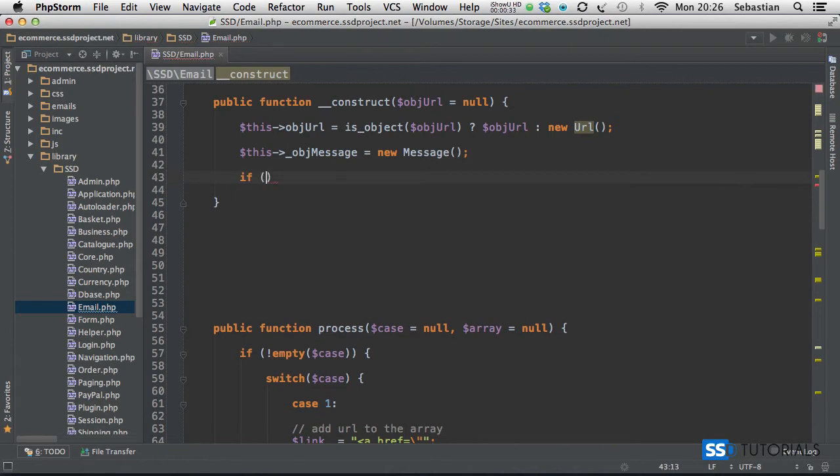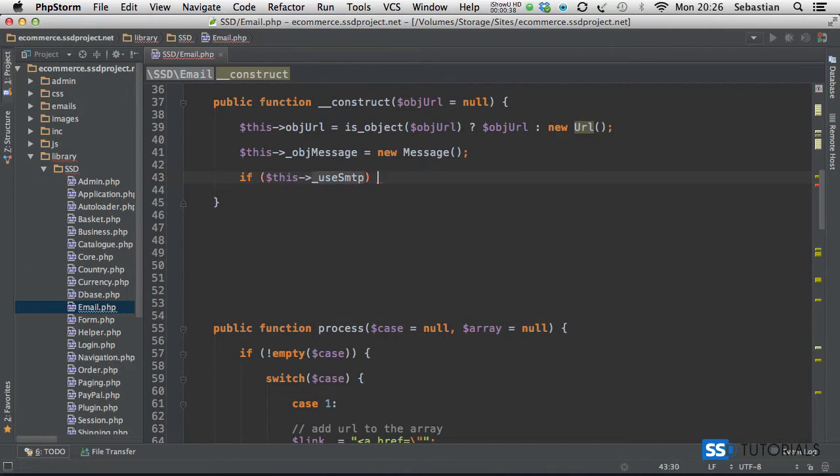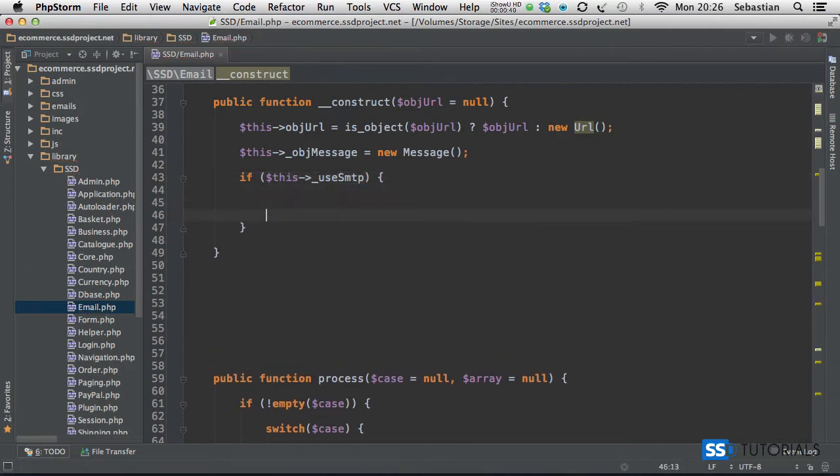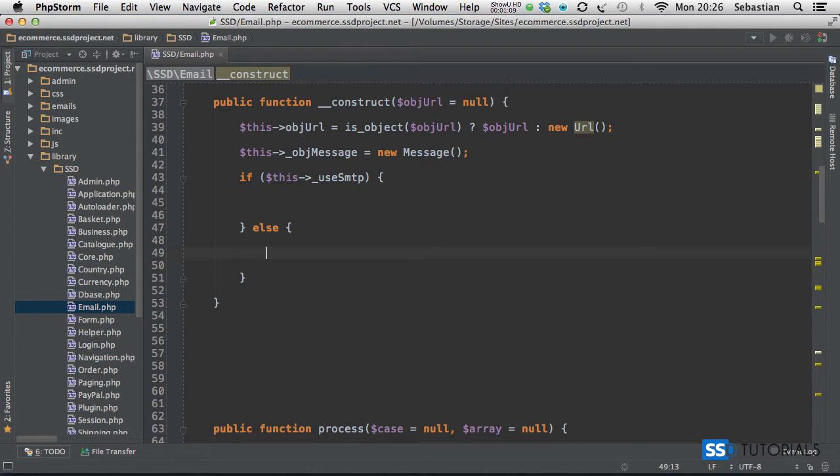And now we check if this underscore use SMTP, and we've set it in our config file to false. If you want to use SMTP, make sure that obviously you assign values to all these constants inside of the config file for the SMTP, and then change the value from false to true, and your email will be sent using SMTP. For this specific exercise, I've decided to not use SMTP because it's much easier. And obviously, if you have a server which doesn't provide you with SMTP details, your email will still be sent. Else, what we're going to do is this